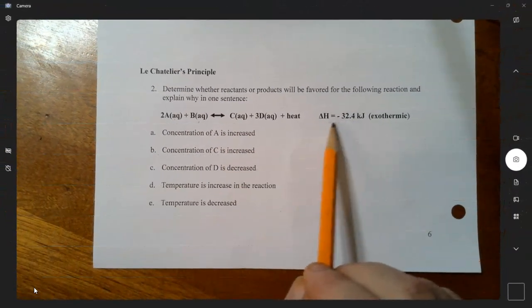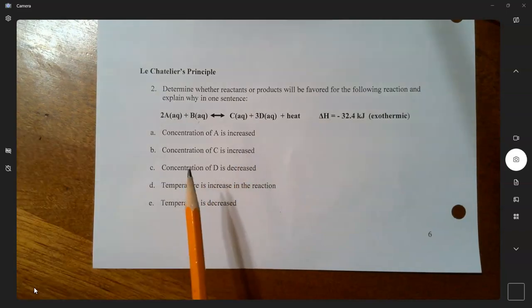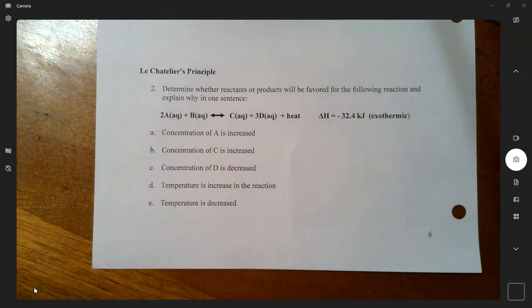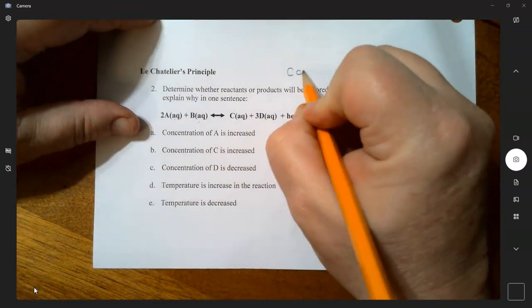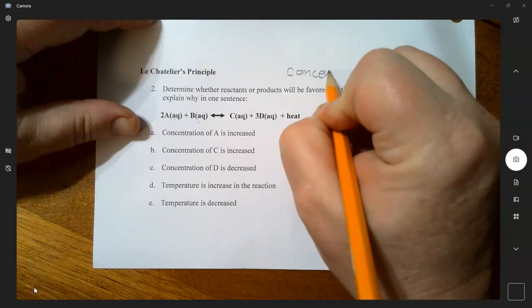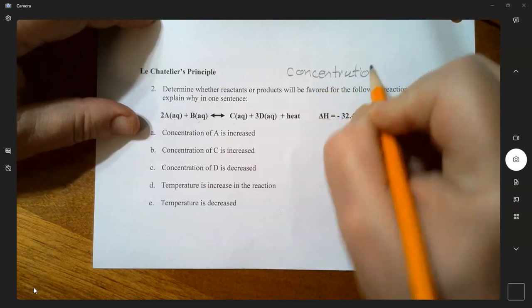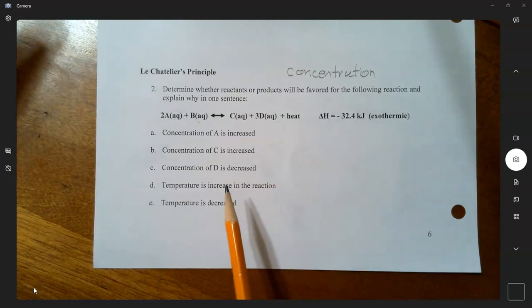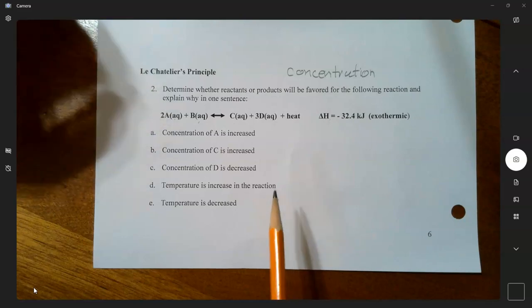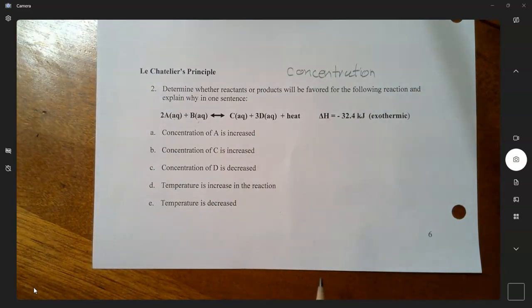Okay, now we're going to move on to some Le Chatelier principles. So here's just a generic kind of a reaction. It's an exothermic reaction. Heat comes out of it. Okay, so the first three deal with concentrations. With concentration, I'll write it up here. It's the crowded room metaphor. Okay, the reaction wants to move away from the more crowded. If you increase the concentration, it wants to move away from that, the crowded room. And if you decrease the concentration on one side, that room becomes less crowded, so it wants to move toward